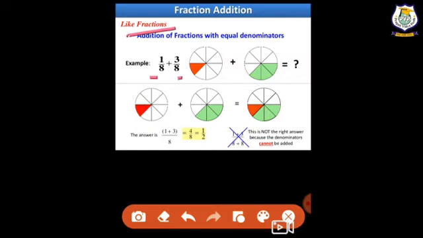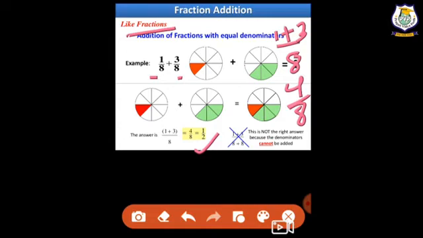What you have to do is write only 8 in the denominator and then 1 plus 3. It's 4 by 8. That is our simple answer. It is written 1 plus 3, 4 by 8, and when we reduce it, both 4 and 8 come in the 4 table. 4 1s are 4, 4 2s are 8, right?